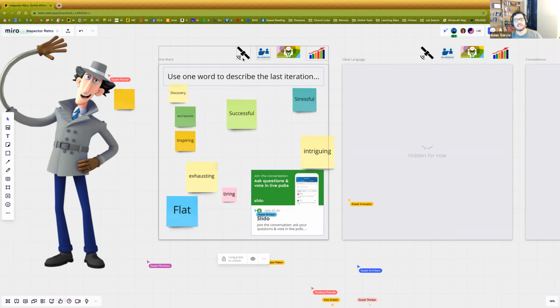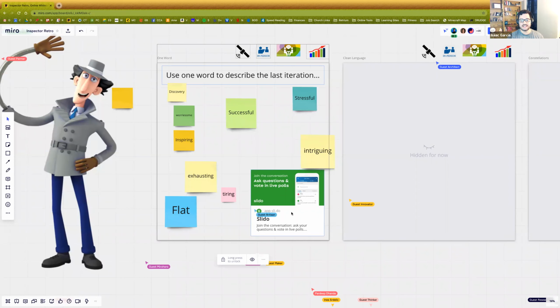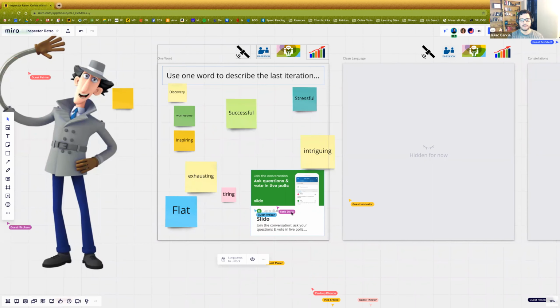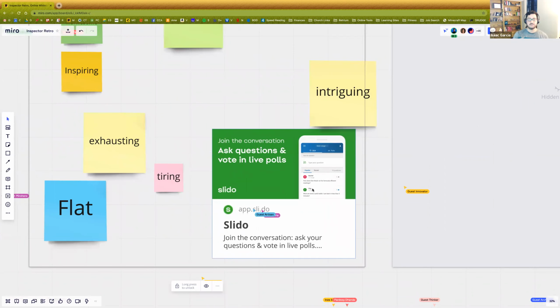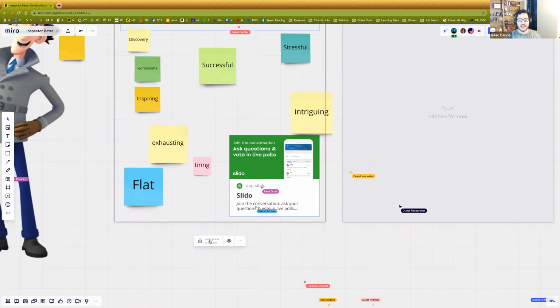Now, let's talk about these icons up at the top. So first of all, remote. Can you do this remote? Absolutely, you can do this remote. You can do this remote by using a tool like Miro and many others, or I've got down here Slido. I don't know if you've ever seen or heard of Slido, but it's something that speakers use at sessions. You can use it to basically poll your audience really quickly. And what's great in Slido is it's free. You can set up a free account. In that free account, you can run a word cloud. And so you can ask this very question in a word cloud, and people can add their answers to it.